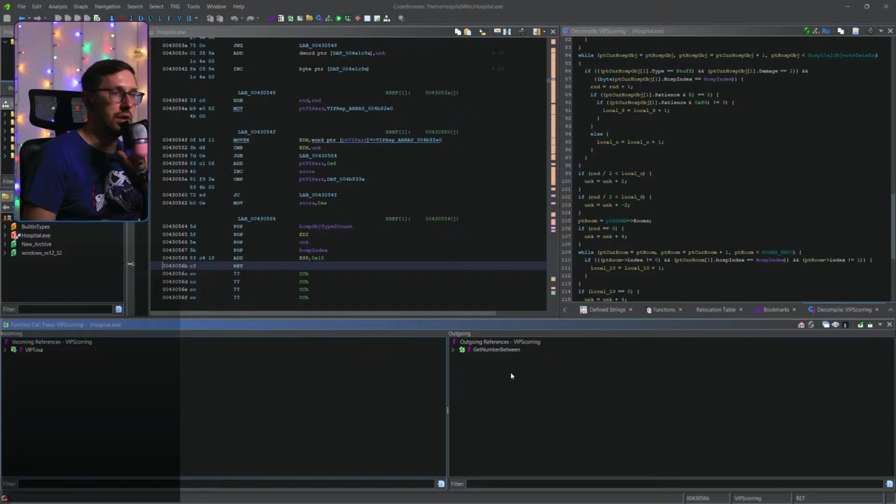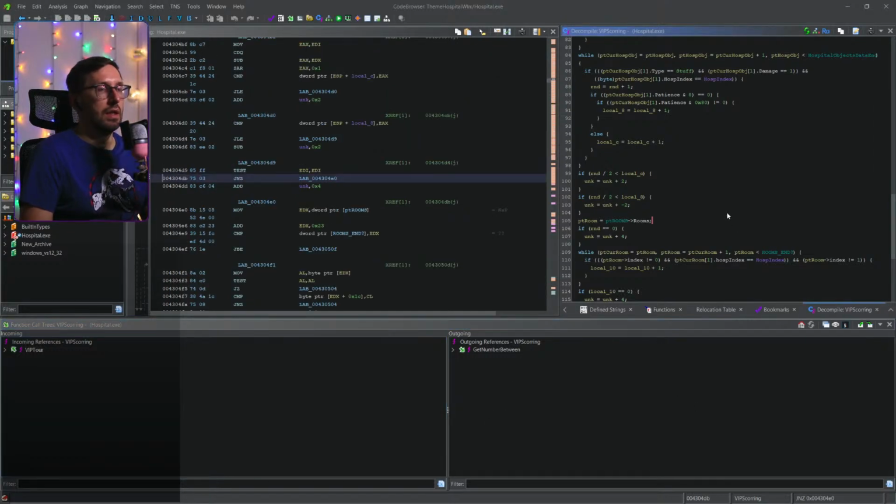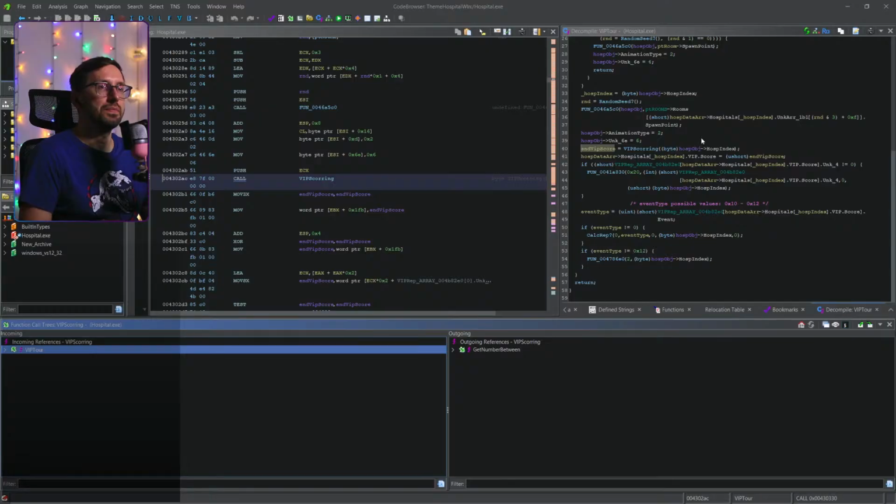Function called 3. Oh, there it is. So this is called here, and this is the only place where this VIP score is calculated, which is assigned to the